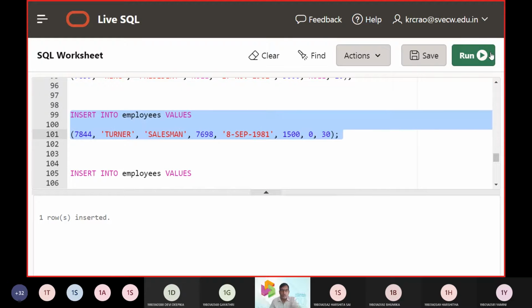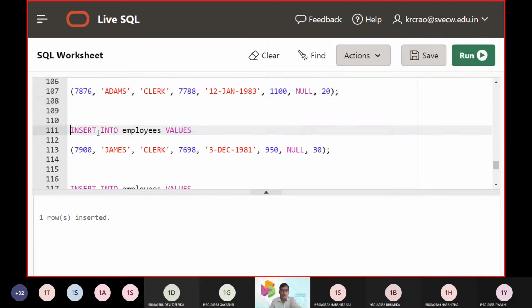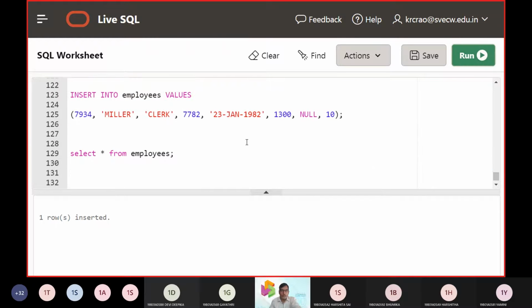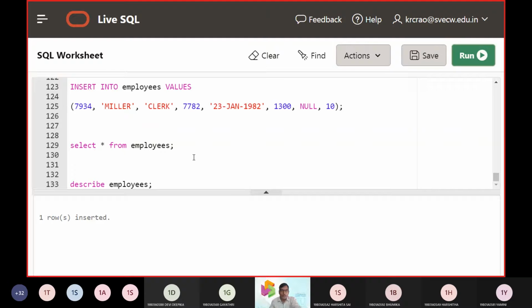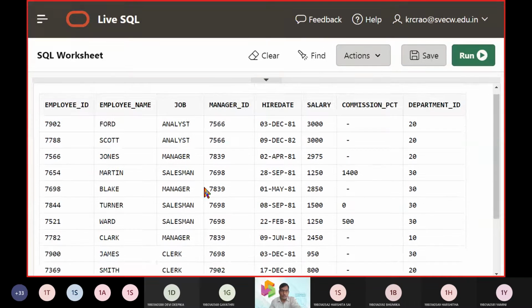Then after understanding the employees, now let us see whether the 13 records are taken up or not.